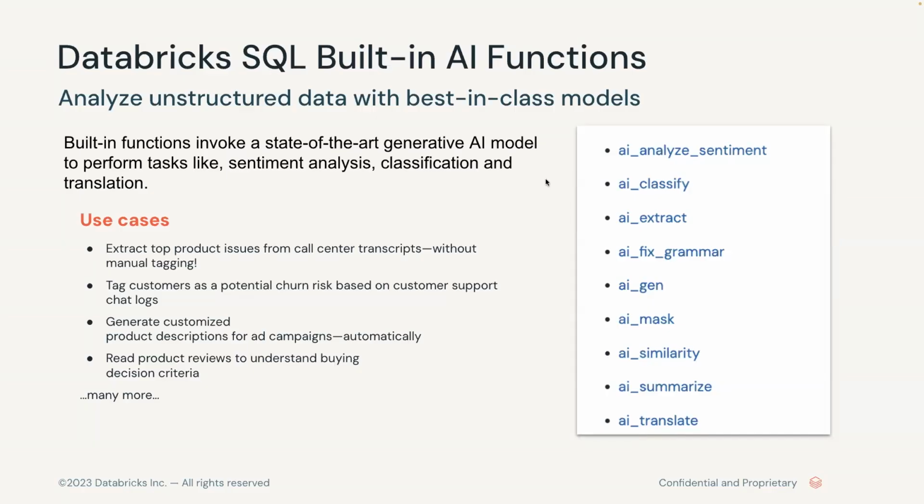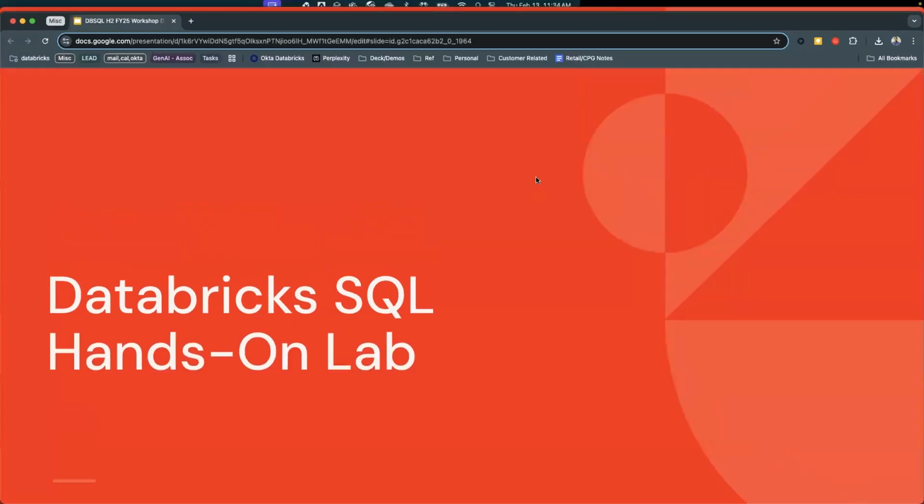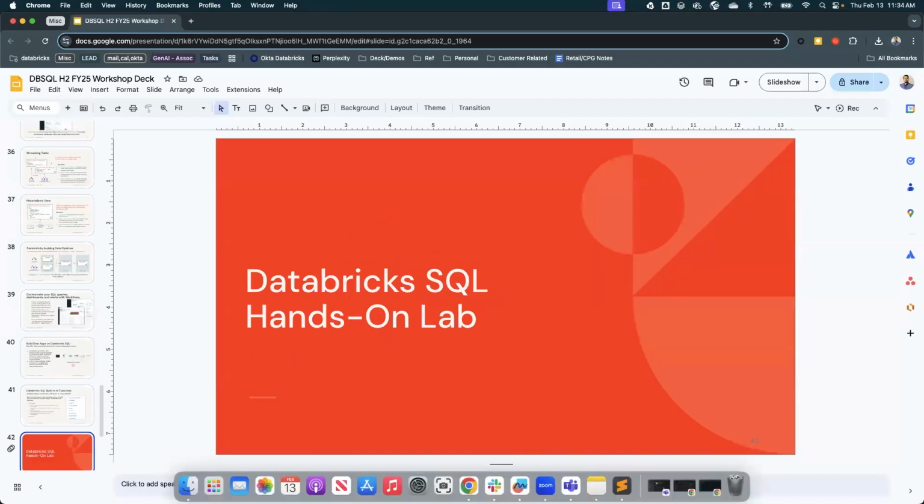So if I use an AI function in SQL, and if I want to integrate that with any of my functions and call it with apps, that solves the problem where you are trying to use multiple tools to build an app. You can simply build one app on top of Databricks, which does everything you want to do. Now we will jump into the hands-on lab. All the TAs are experts here, and they'll be able to answer all questions. So let me close this and let's get into the lab.